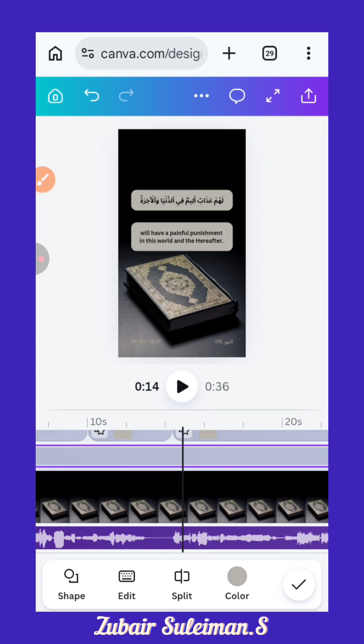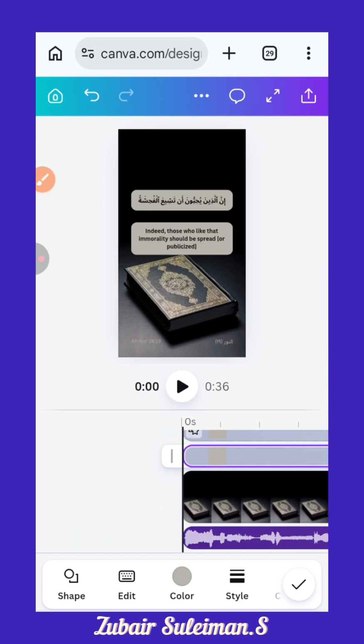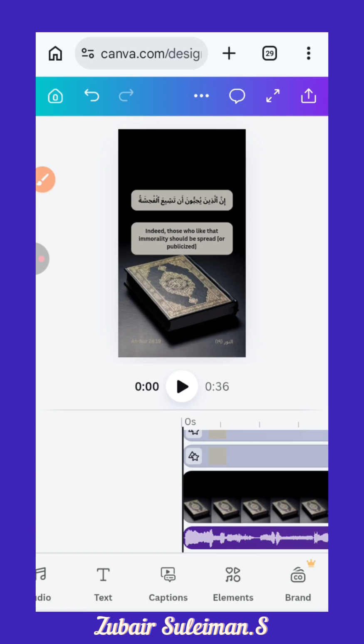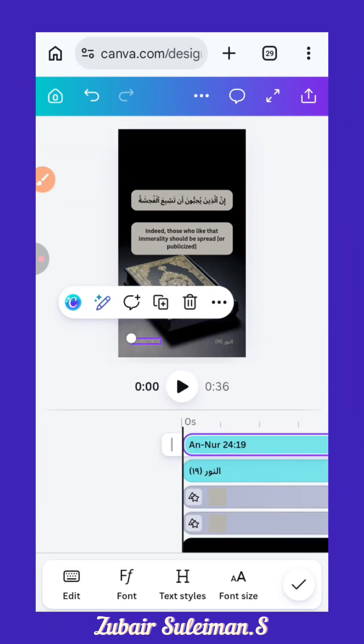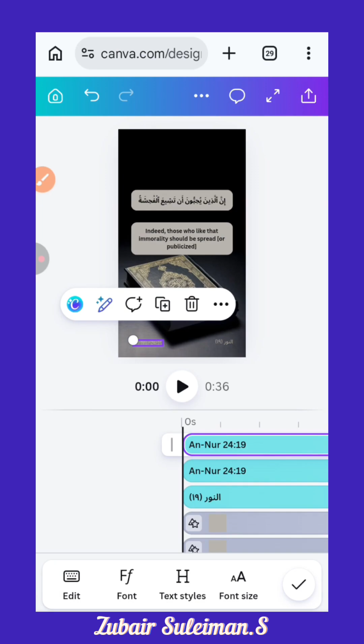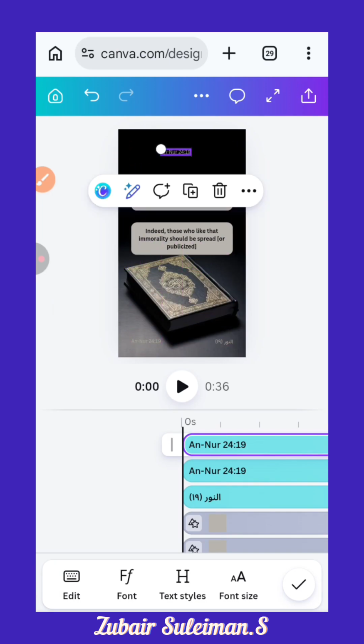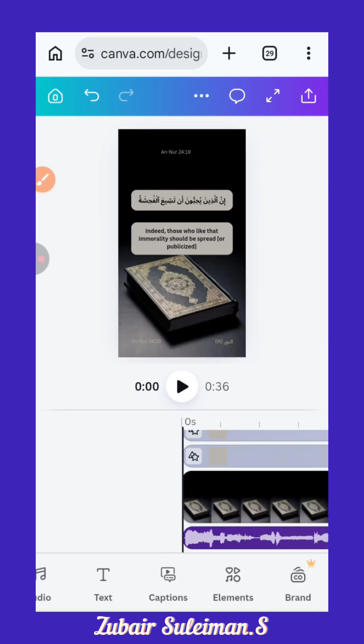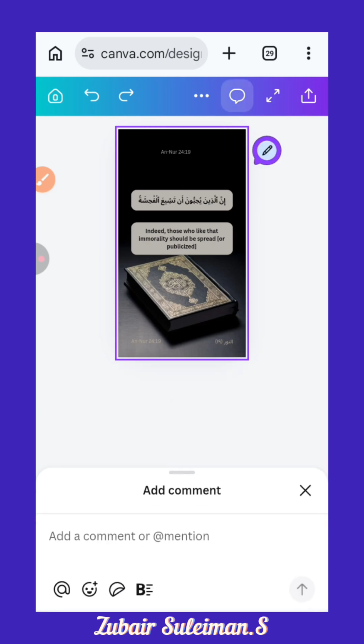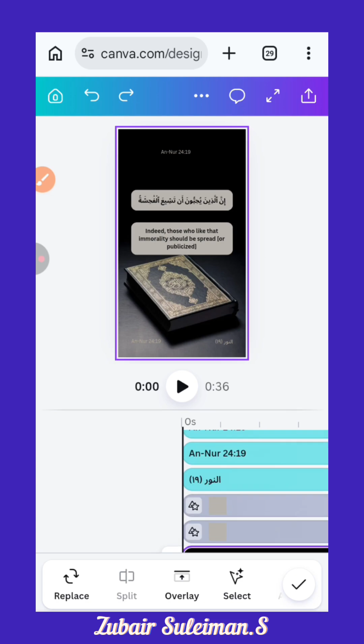Now, if you are creating this for your channel and you want to include a name for it, like your channel name and the social media icons, like the logos, what you would do is just as simple as what you have done so far. You click on this, then you duplicate. So now this is taking another new shape. If you want it to be here, okay, I forgot something, the basmala. There's a basmala at the beginning of it that you're supposed to add,